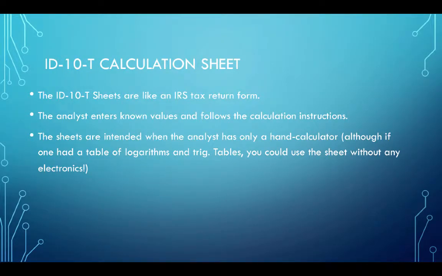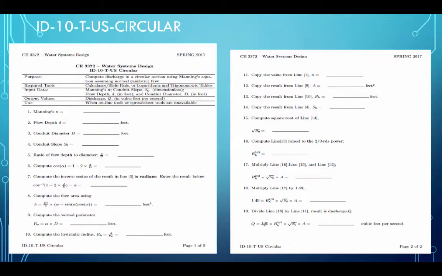Okay, a second approach is to make a worksheet. This is so that you can do it when all you have is a hand calculator, and you don't have stuff committed to memory, and just follow the instructions. So here's what the sheet looks like. You'd enter a value for Manning's N, flow depth, conduit diameter, conduit slope,